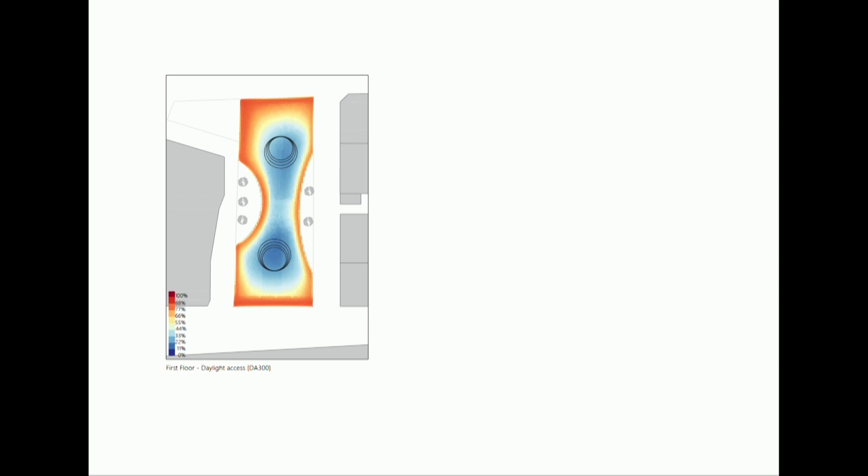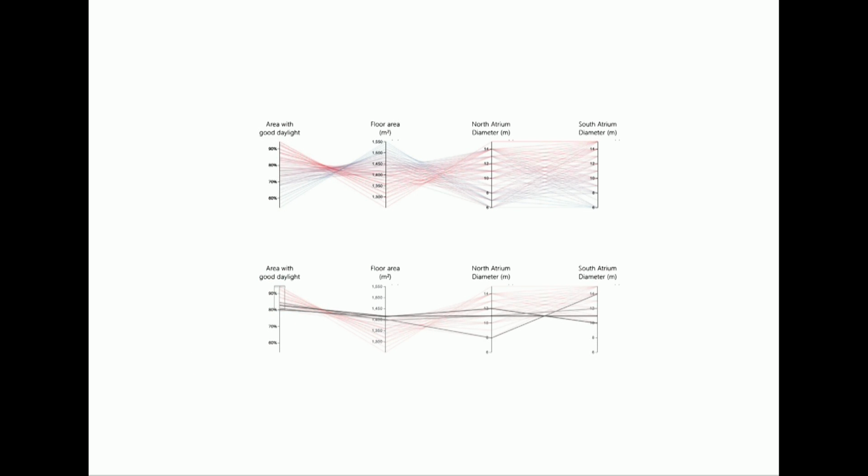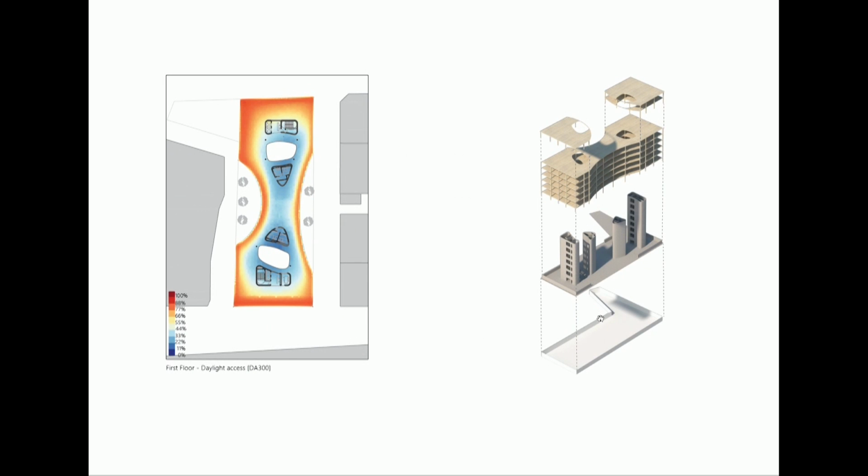So in order to find the right compromise, there were quite a significant number of simulations testing different diameters for the north atrium and for the south atrium, and what the impact over daylight would be, to find adequate daylight on the floor plate and the floor area of the building. At the end, it was decided that 80% of the floor area with good daylight would be sufficient, as the remaining 20% can be used for the cores or for services or for something else. And from there, the diameters of the atrium were chosen and then fed back into the design.